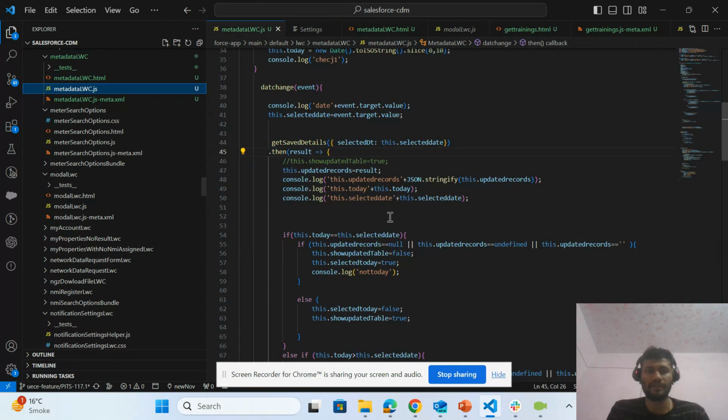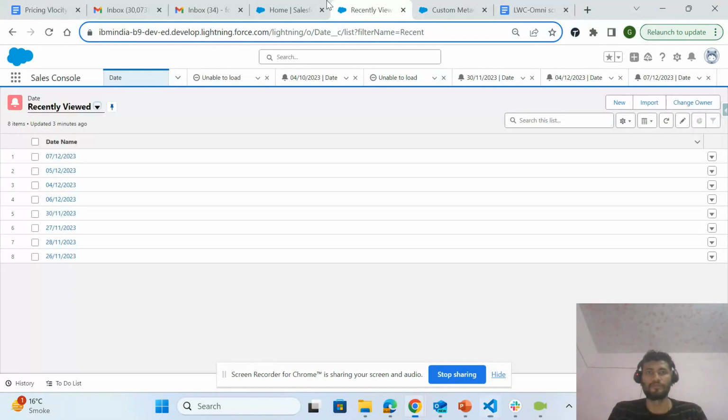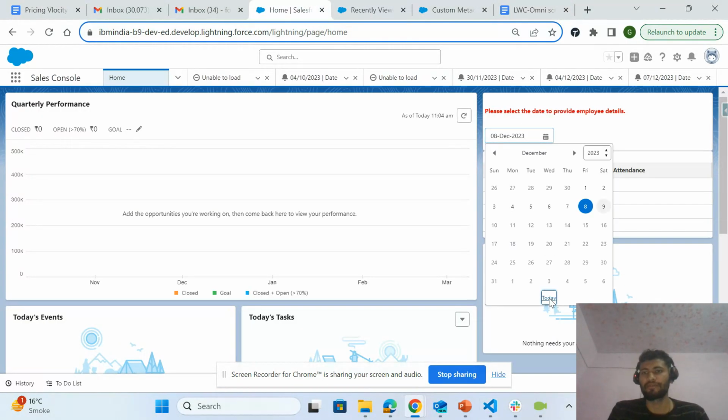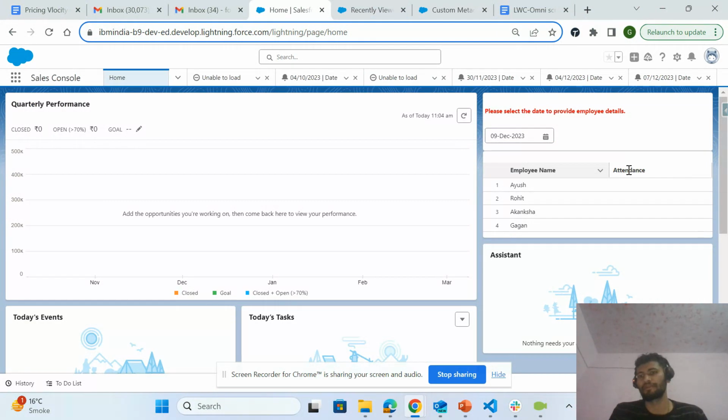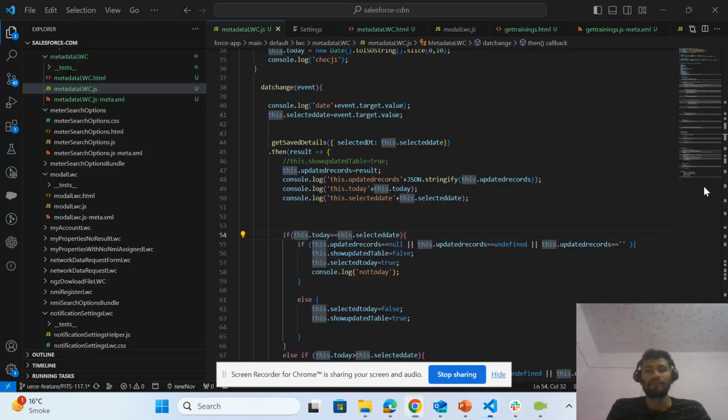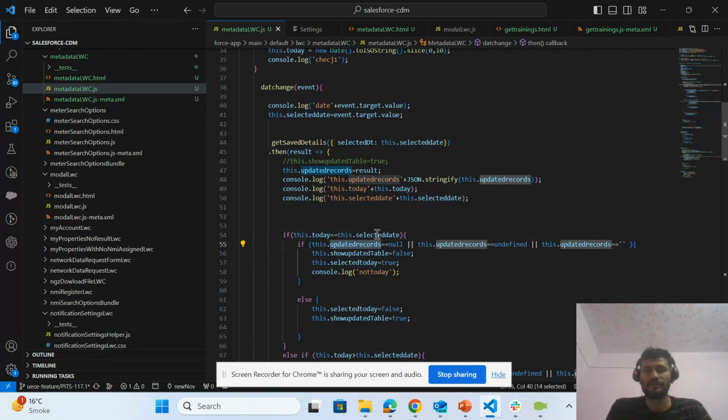So how I'm rendering this data table, I created two checkboxes. Okay, so you can see there are two checkboxes: show updated table and selected date is today equal to true. If the date that I'm choosing is today, mostly when I'm choosing today's date, we have to show the blank data table initially, right? It's early morning, nobody has saved the data yet, so I have to show the blank table. So I'm just checking whether the selected date is today's date, and for the updated records, what I am doing,